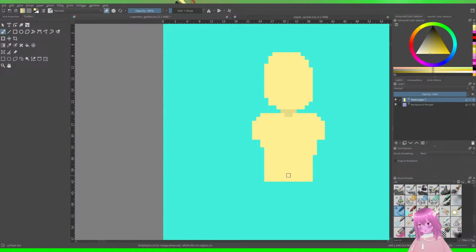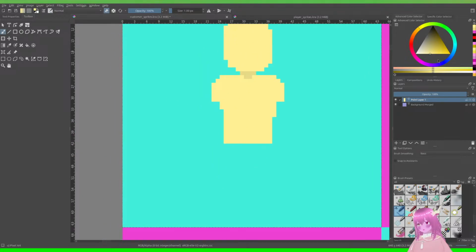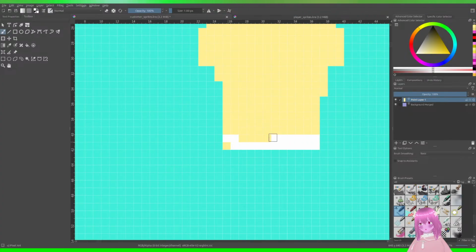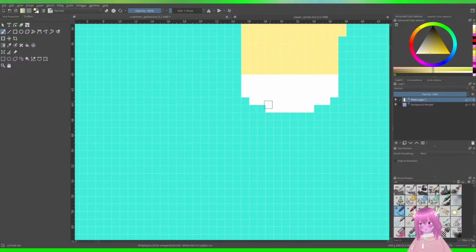No, actually, that was fine. Dang it, I have to control myself. Alright, this will be like the underwear. And then I'll draw the legs.